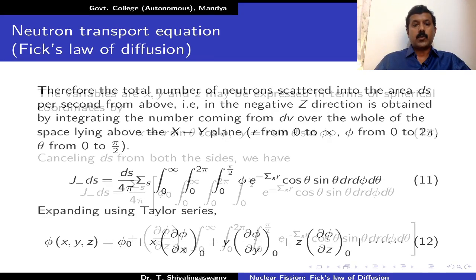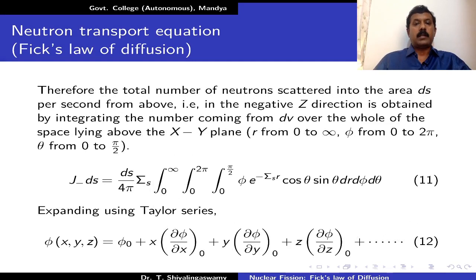And if you use these substitutions, and when you are calculating the number of neutrons in one particular direction, here we are doing it for the z direction, therefore you can neglect these two, because these will not make any contribution, because this is from the x direction and this is with respect to the y coordinate. They do not contribute. So if you are calculating in the z direction, only this phi naught plus z into dou phi by dou z at origin is enough. And you have to remember that you have to use another substitution, z is equal to r cos theta.